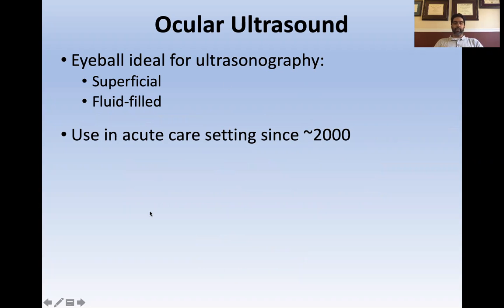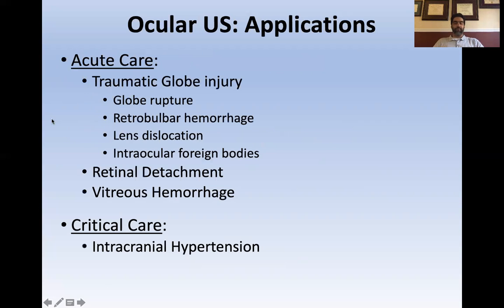The use of ocular ultrasonography has been in practice in acute care since probably around the early 2000s. There are really two contextual applications where it is used most often. First is in acute care, emergency care, and trauma care, where you use ultrasonography to identify globe injury, things like globe rupture, lens dislocation, foreign bodies, that type of thing. And also non-traumatic things like retinal detachment and vitreous hemorrhage and other intraocular,